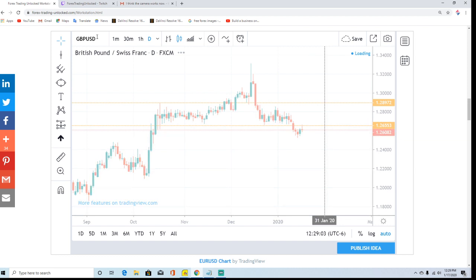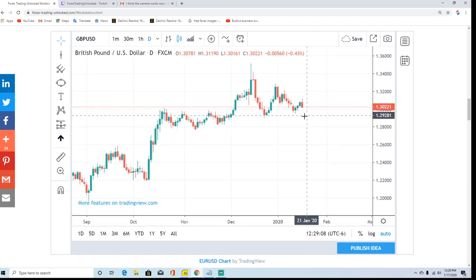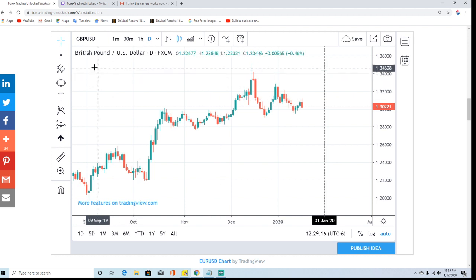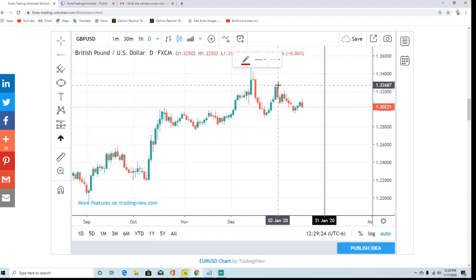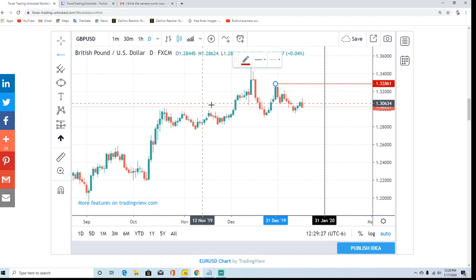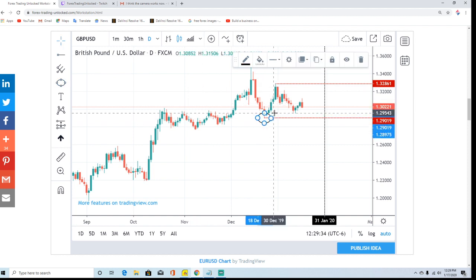Now this market has been a little bit choppy, and there's every reason for it to remain in a choppy way because of Brexit coming up on January the 31st. So until then, I think you're going to see this market kind of wedge, and I would key off of this last swing high here and this last higher move low right here. And this lower pivot is key,